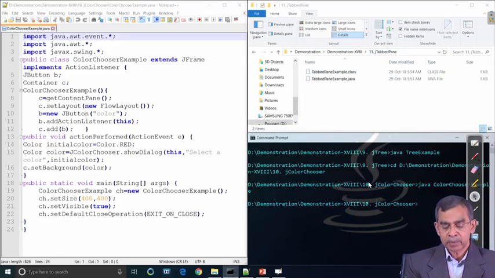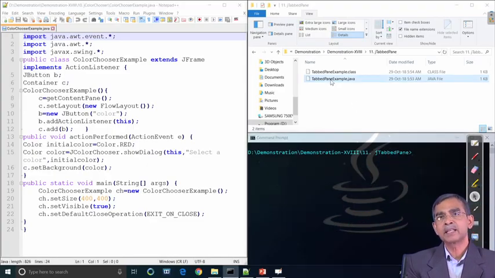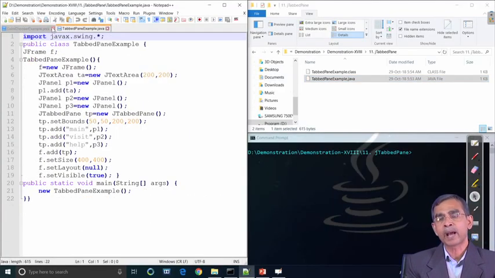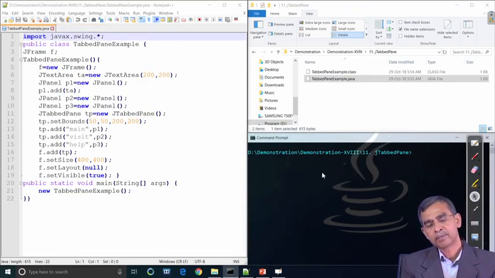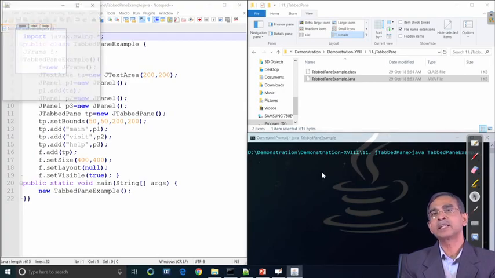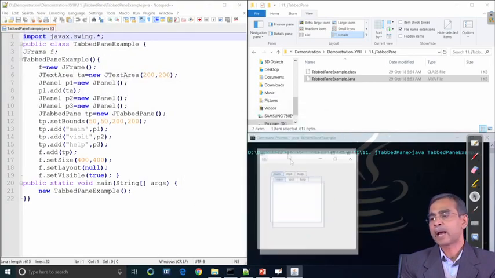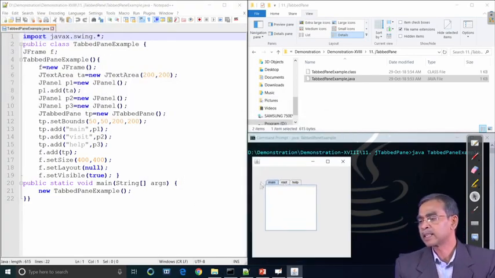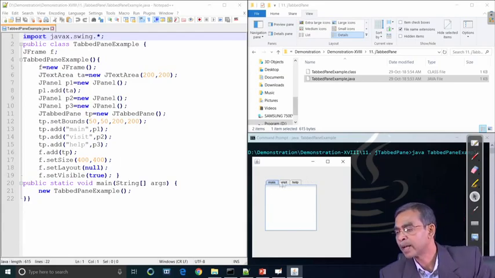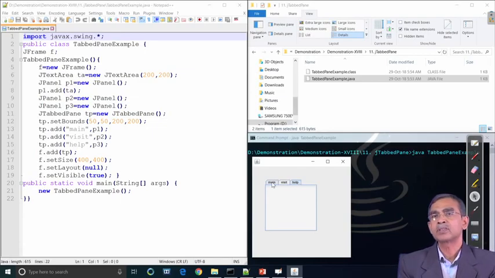Now, our next example is basically the tabbed pane. Let us have a view of a tabbed pane window. Tabbed pane, as you see, is tabbed, so there are many tabs. As we see here in this example, a tabbed pane appears with 3 menus: main, visit and help. Likewise, different menus can be added there, and this example explains the idea about it.